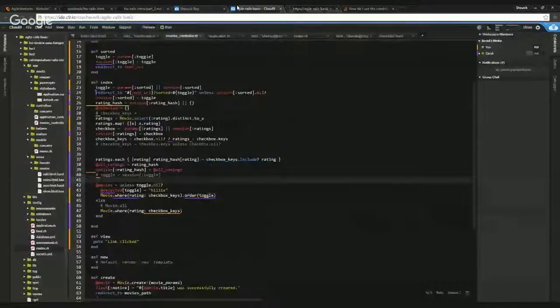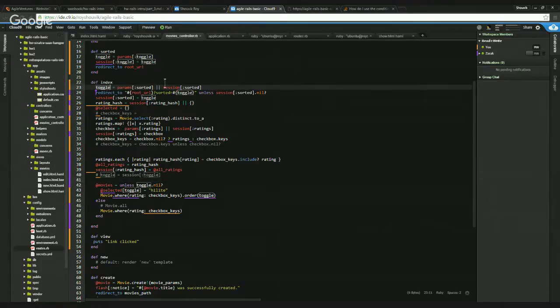So let's think about it for a moment before we write anything. What happens when the user first comes to the root URL? There is nothing in the params. There is nothing in the session. So toggle would be nil. And where are we using toggle? We are using toggle right at the bottom